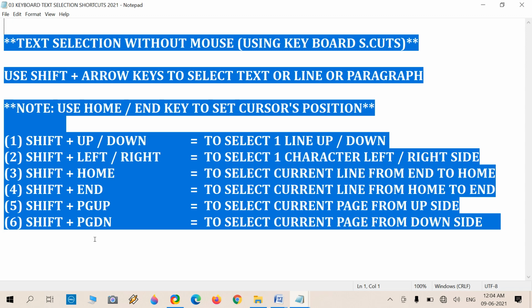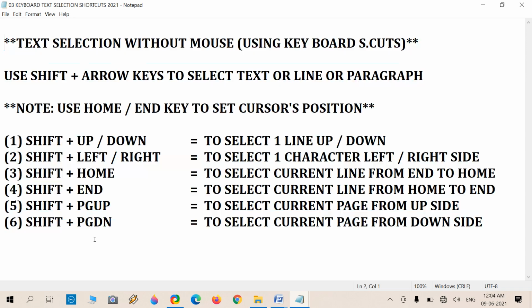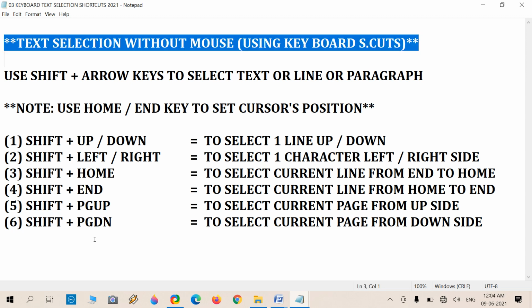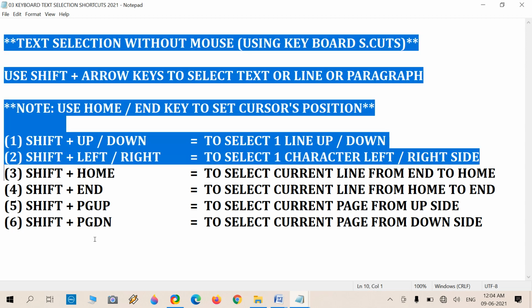So what I performed is hold the Shift key and press the up arrow, not down, to move the selection upward. If I have the cursor at the top, then hold the Shift key and press down. Okay, it is clear.